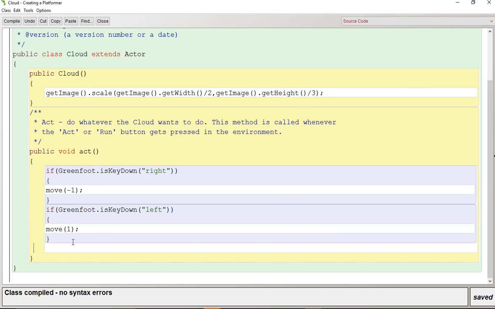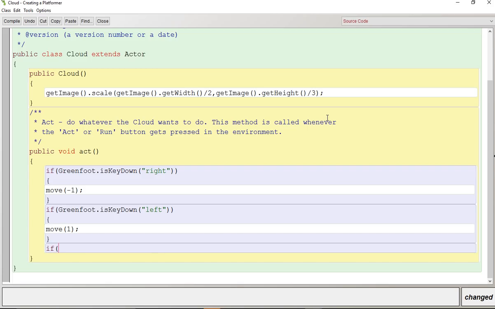If you go to your cloud class, what do you think we need to do? How do we make it so the clouds can keep going on and on and on? You can wrap at the edge, very good. We're going to do a special wrap at the edge. If getX, because we're finding the x value, we're wrapping at the left side, equals 0,